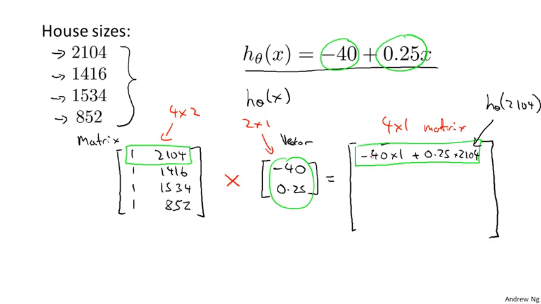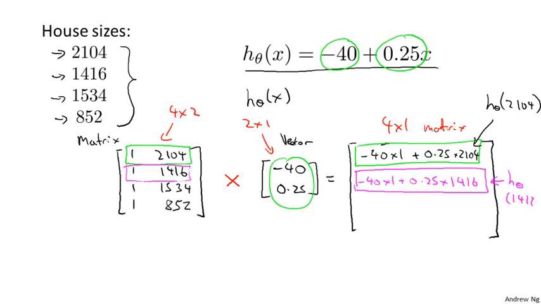Well, how about the second element? Hope you can see where I'm going. To get the second element, I'm going to take this and multiply it by my vector, and so that's going to be minus 40 times 1 plus 0.25 times 1416, and so this is going to be h of 1416. And so on for the third and the fourth elements of this 4x1 vector. And just to be clear,